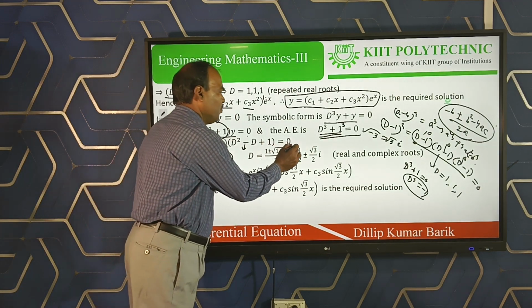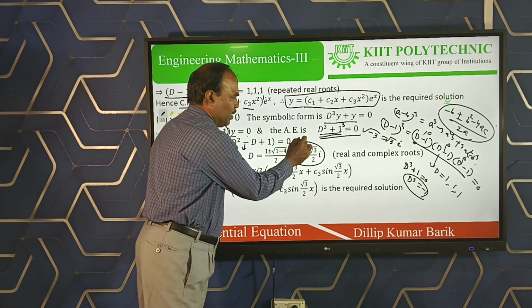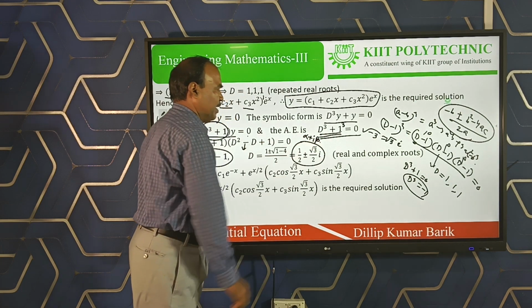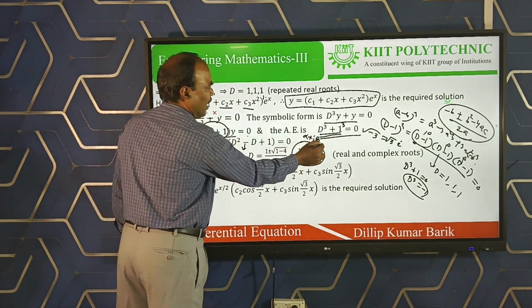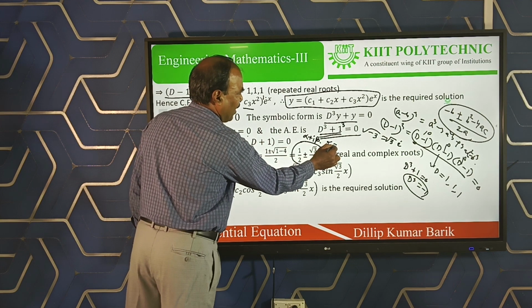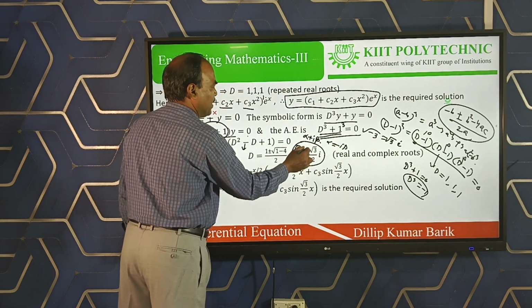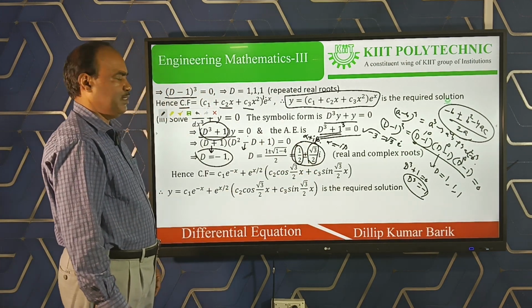Now see, this is not real. Half is compared to our previous case 3, alpha plus i beta. One is alpha plus i beta and the other is alpha minus i beta, where alpha is half, beta is root 3 by 2,